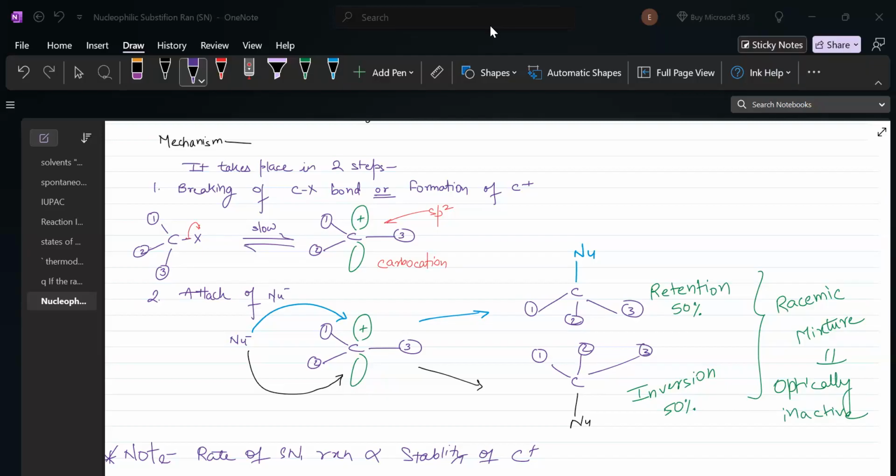Yes. Sufyan, can you see this, the colored pen? This is a leaving group. This has been